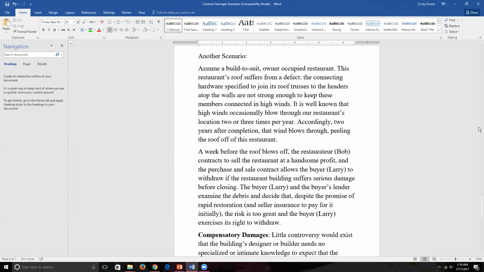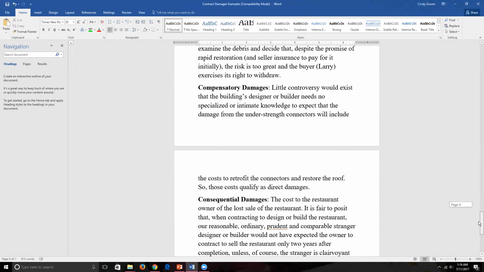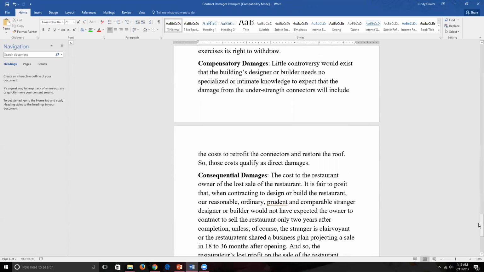So let's do an evaluation of this. Let's consider, first of all, compensatory damages. Okay, well, given the fact that the roof failed and there wasn't anything that Bob or Larry had done to contribute to the roof failing, and this wasn't, say, a hurricane that came through, but just a strong wind, as is likely to happen in this particular part of the country, it seems pretty clear that